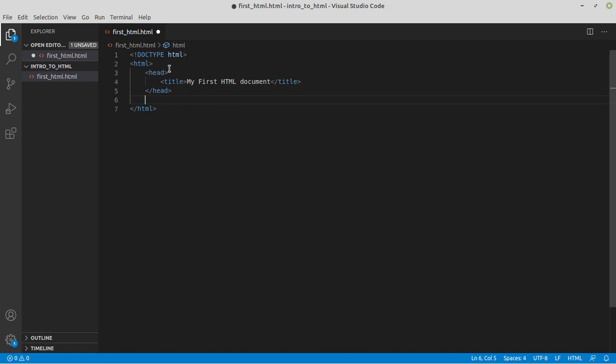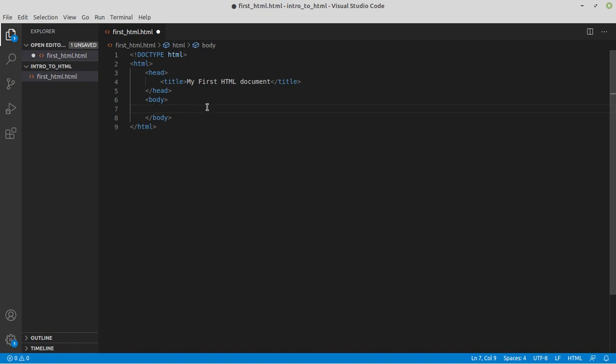So this area where we have written the title is inside of our head, and this area is outside of our head. Okay, and now here we get the body tag, and body is body, which is everything that gets shown to the user. So the body tag is the actual document, and the head tag is the information about the document, which is the title of the document, description, the CSS and JS files and everything.